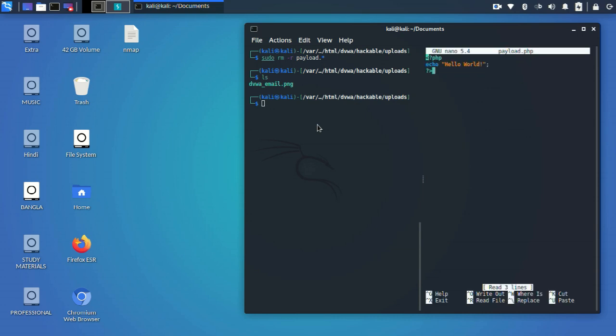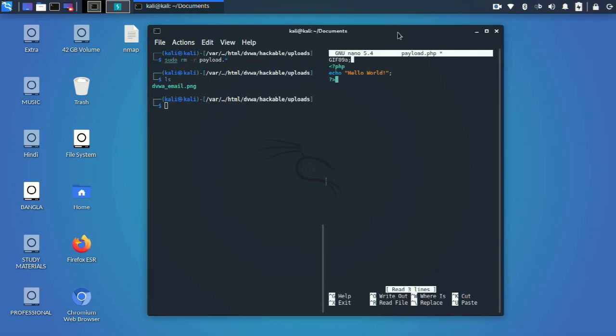It is called GIF89A. This is a GIF directive to indicate to the server that it's not a PHP file, rather it's an image file. Now I'll save it. Just see whether it has been saved properly or not.